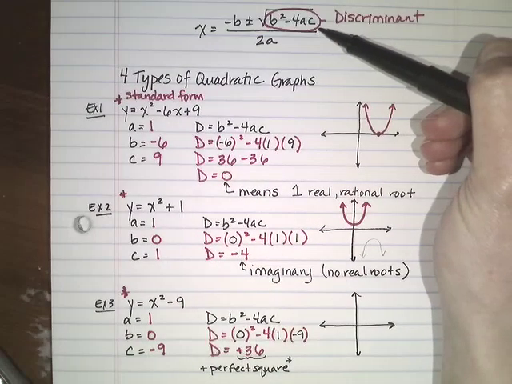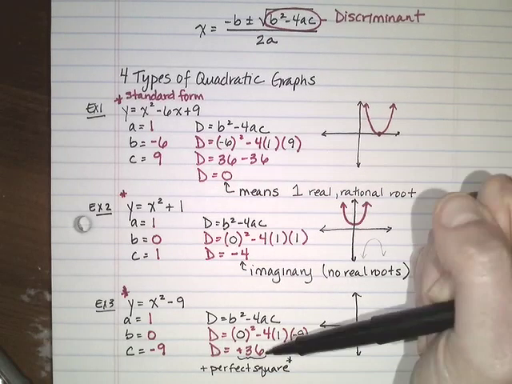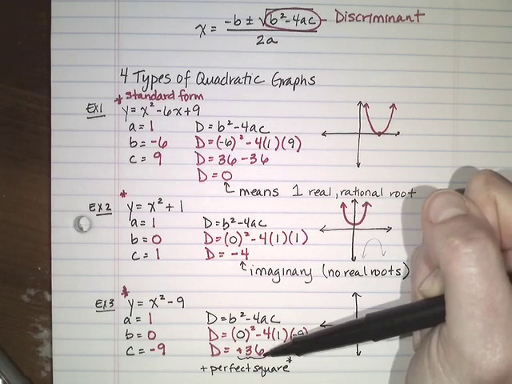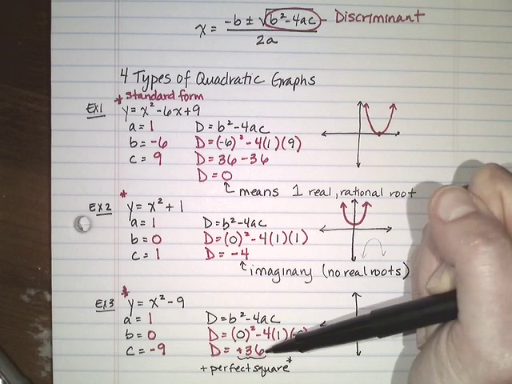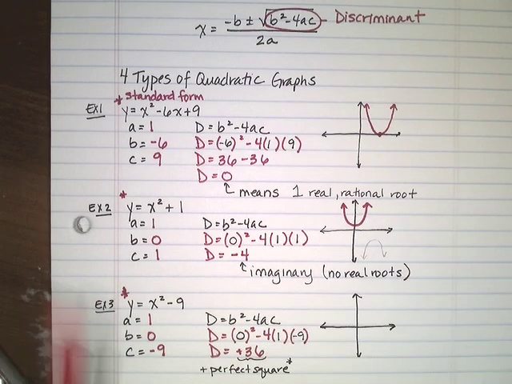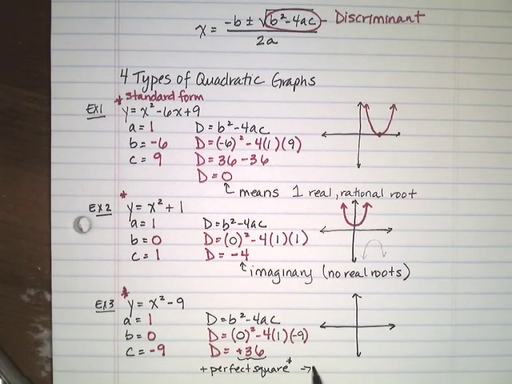And if it's underneath a square root and I take the square root of a perfect square, I get a nice, real, rational number. So what that means is I get 2 real, rational